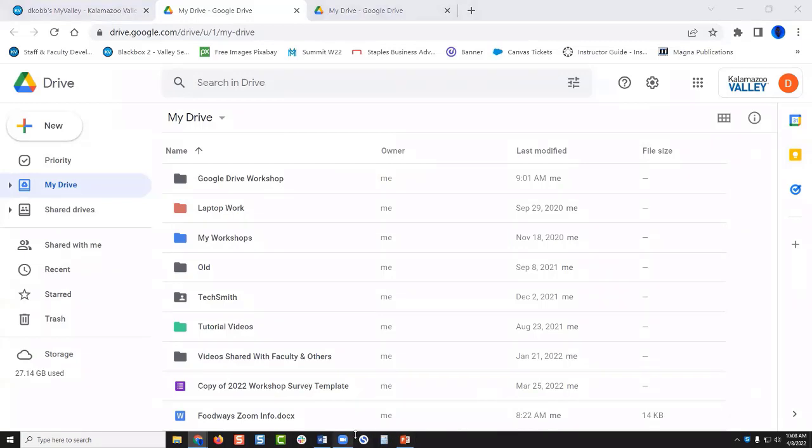David? Yes. How secure is the Google Drive? I know that when we were working on the EAA information, what we were told was only use your Google Drive at Valley versus your own personal Google Drive. Yeah, so for work-related files, you don't want to use your personal Google Drive. There are different IT security measures put in place by our IT team that may not necessarily be in place for your personal Google Drive. So keep those separate. In general, Google Drive is as secure as the user.